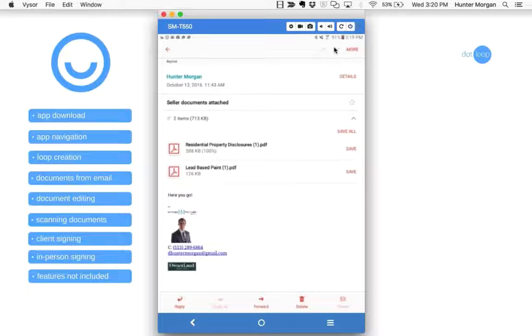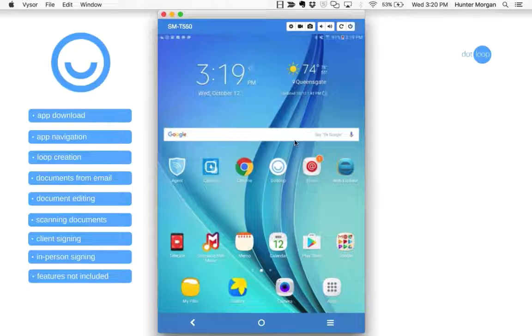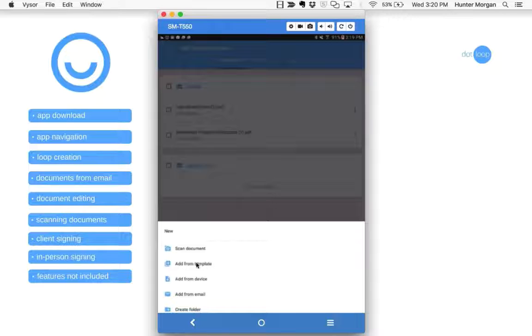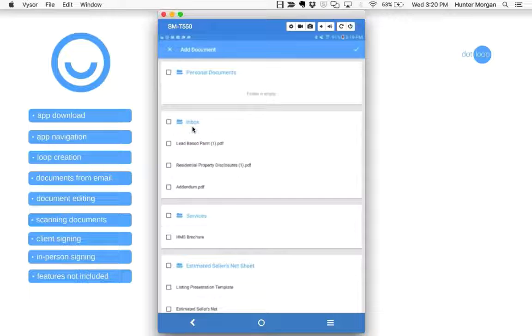The downside of doing it this way is that when you do go back to Dotloop, so I'm going to move back to Dotloop, that document did not get sent directly into your 4000 Mountain Drive. It didn't know where to go. It went to your global template section. But all you have to do is click the plus button, click add from templates, and now you'll see your global inbox folder that has those documents that you forward in,